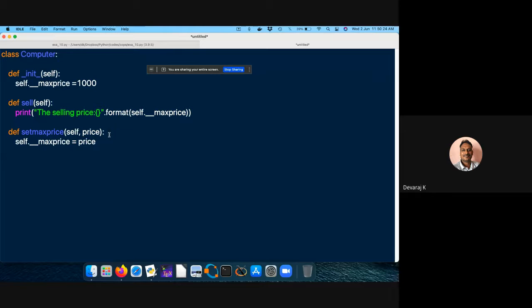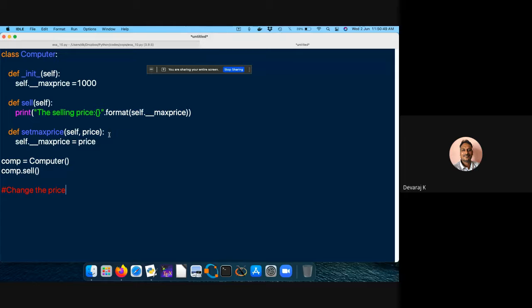Let me call it as, so comp is equal to, I'm going to call this computer class, okay, then comp dot sell, okay, I'm going to call this function sell. Then I want to change the price. Say for example, I want to change the price.